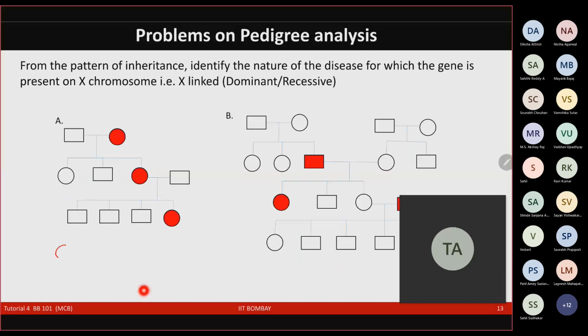So in a pedigree, a circle means female. A square means a male. When anything is completely colored, it means the person is affected. So in this case, the circle is completely colored. This means the affected female. If it's a square and it's completely colored,